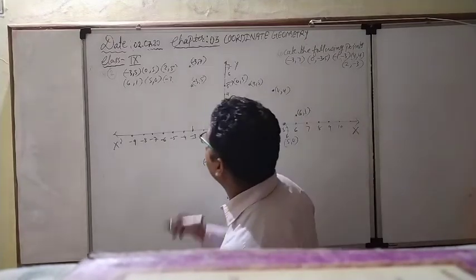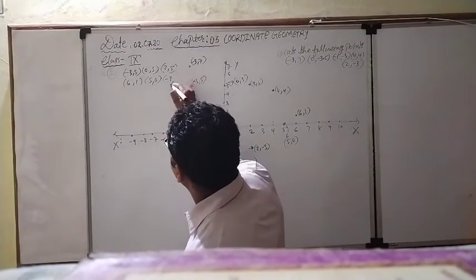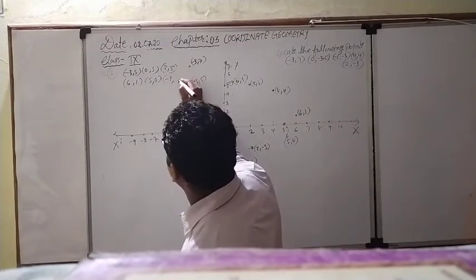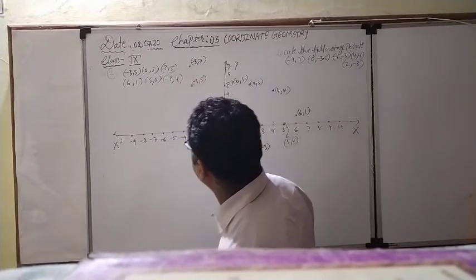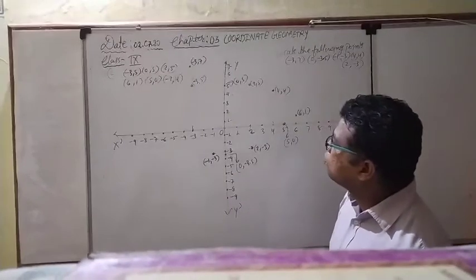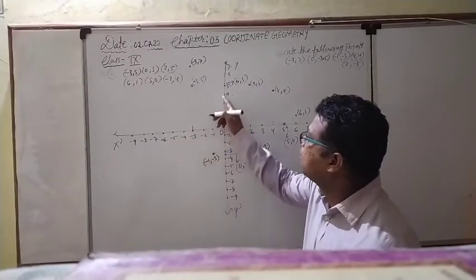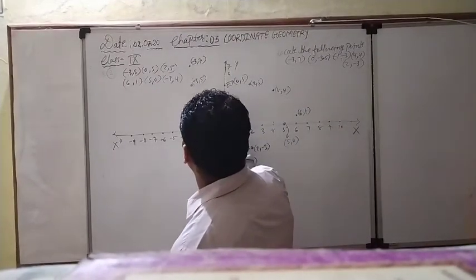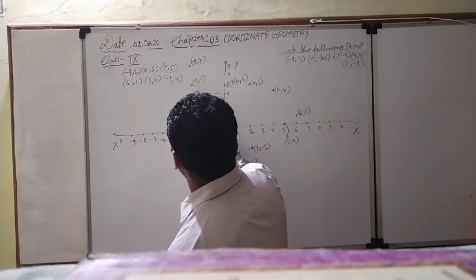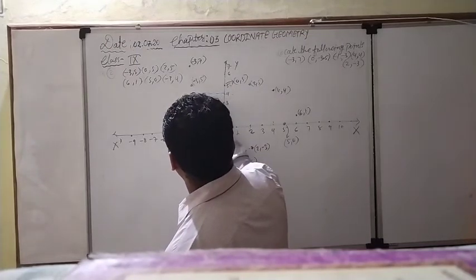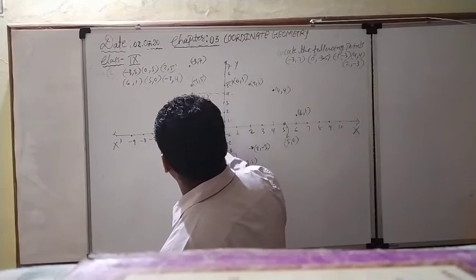Right now see what is the next point. Actually the next point is minus 3 and 4. So see here, this is the minus 3 and this is the 4. Again same process we have to do. Again it is going to be in the second quadrant. So this is minus 3 and 4. Afterwards you can rub it.